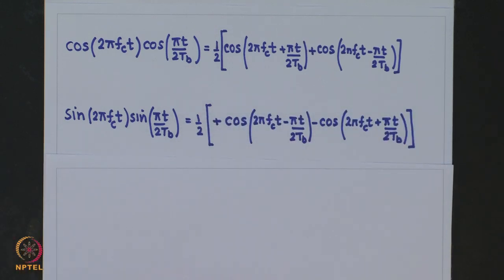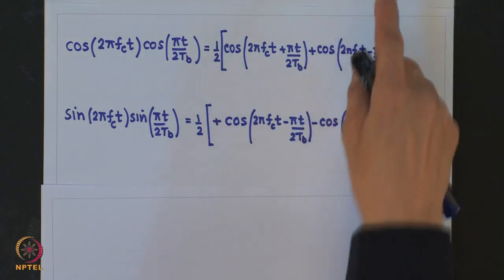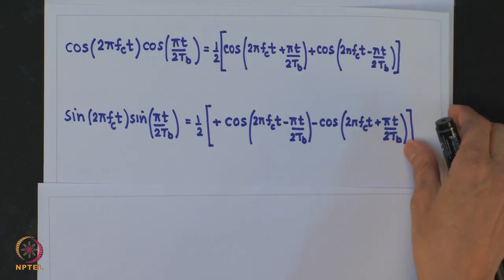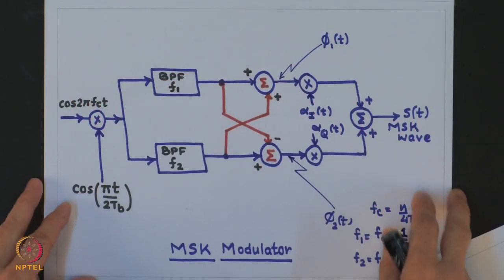Now using these two identities, we will generate the orthonormal basis signals phi 1 t and phi 2 t, and this will be done using the block diagram as shown